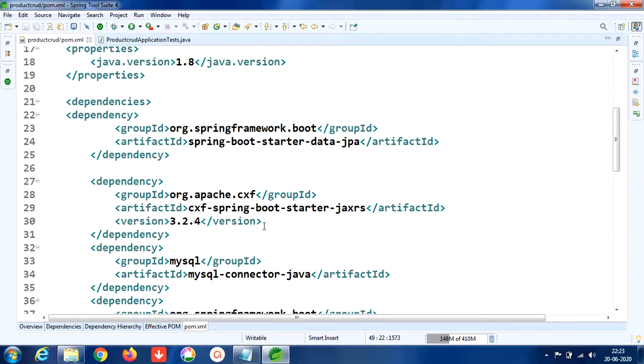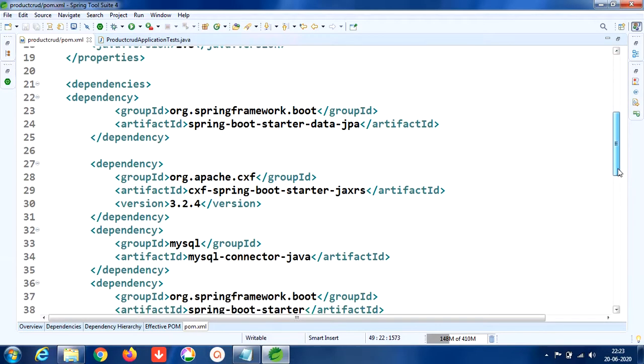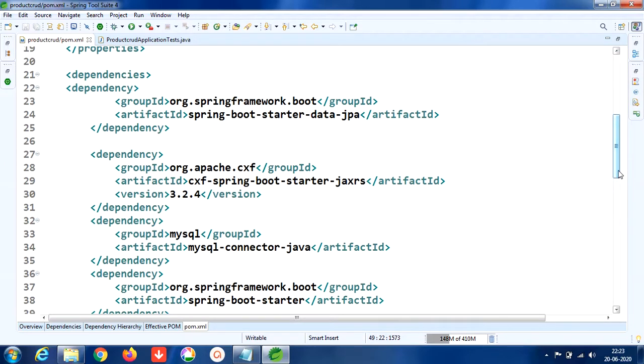This is called the CXF dependency. It is for REST API to perform RESTful operations, and we have the MySQL dependency to connect with the MySQL table. We have created the MySQL table in MySQL Workbench called product, so that we can map it with the entities that are present in the MySQL table.